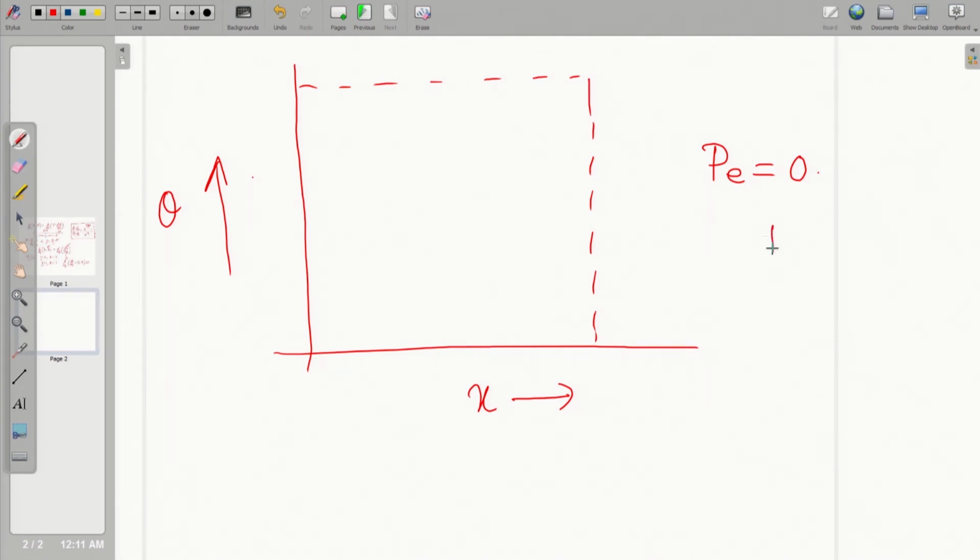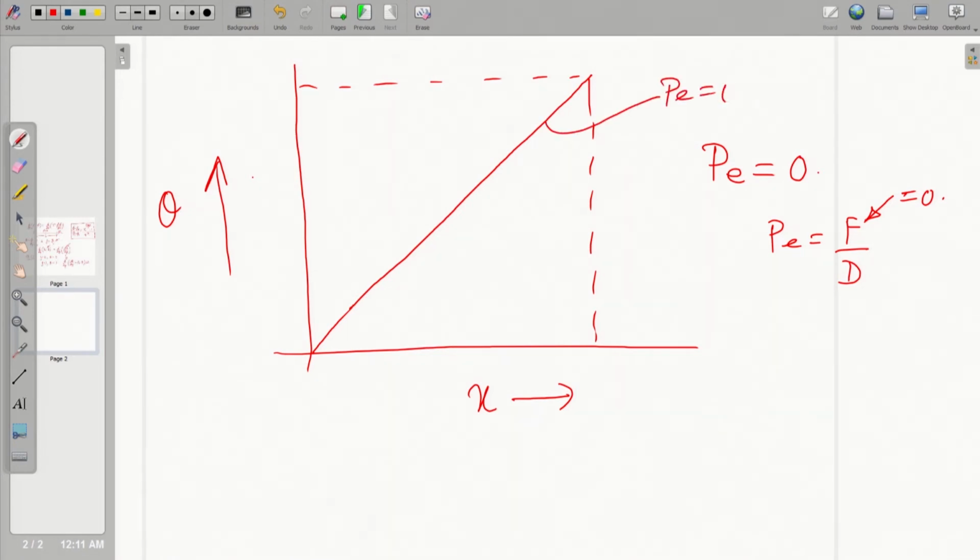By definition, as you can recall, this is equal to F by D, and therefore, Peclet number is equal to 0 when this goes to 0. That means, you have no advection, it is all diffusion. And then if you look at the exact solution, you will find that a 0 Peclet number will give you a linear variation. So, it will be a straight line,